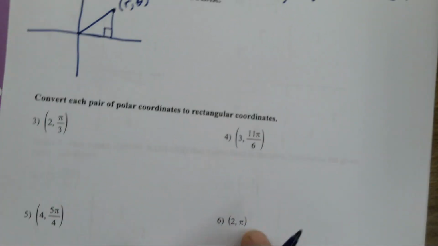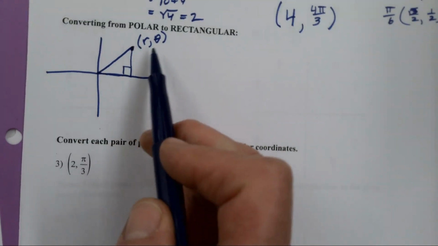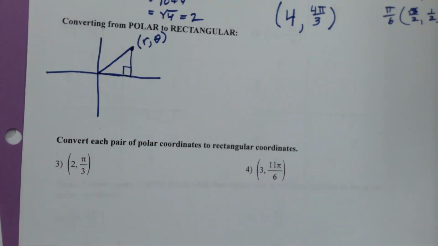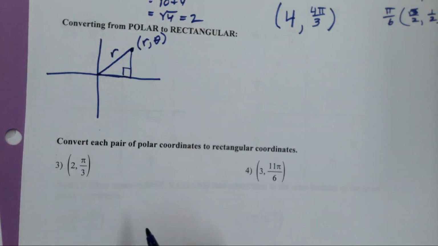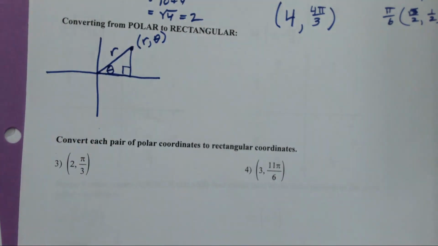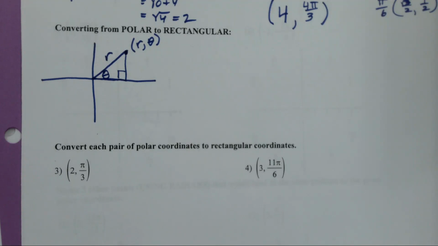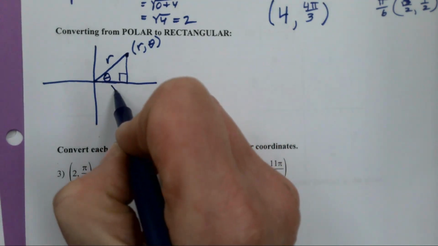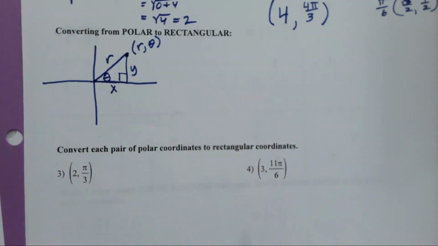What does r theta give me? The hypotenuse and the angle on the inside. Beautiful. Excellent. So I want to take that r and that theta, that hypotenuse and that angle on the inside,